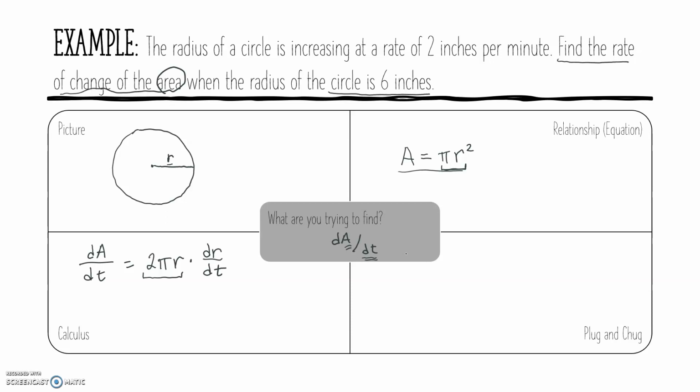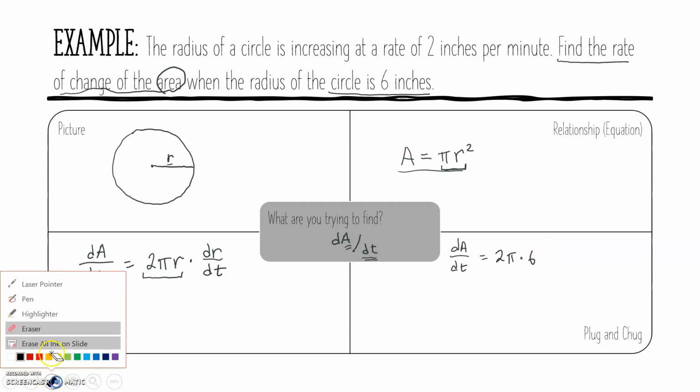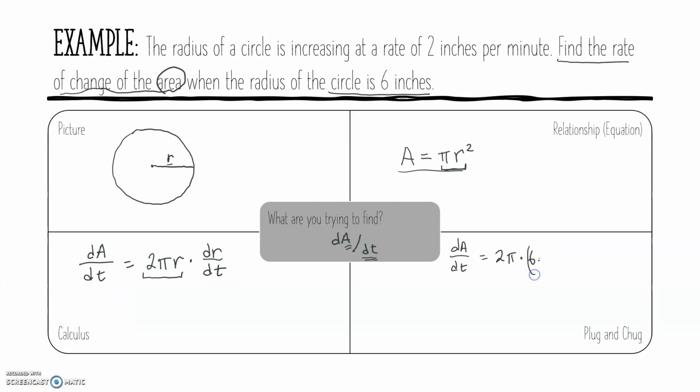We're trying to find the rate of change of the area when the radius is 6. So we're going to use dA/dt is equal to 2 pi r, but r is 6, and the radius is increasing at a rate of 2 inches per minute. For kicks, and because Mr. Roddy really likes units, I'm going to put some units in here. So this is 6 inches for the radius, and the rate of change in the radius would be 2 inches